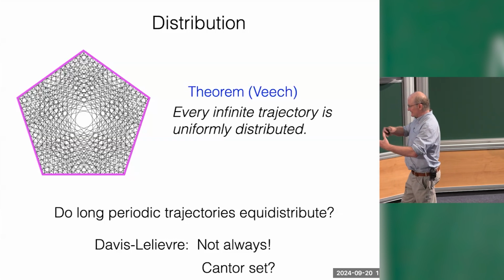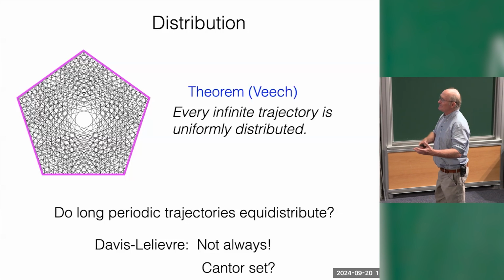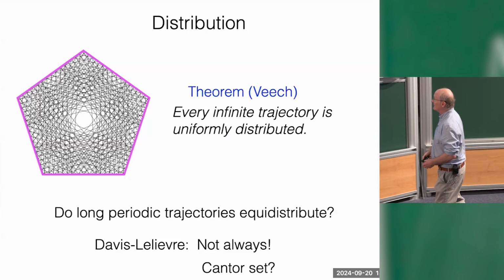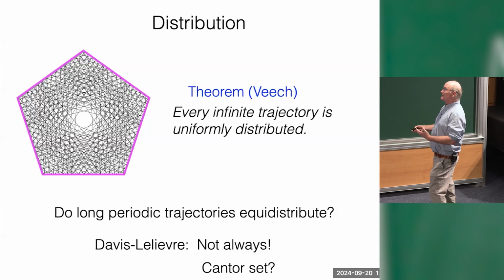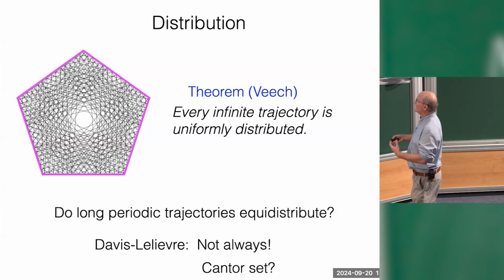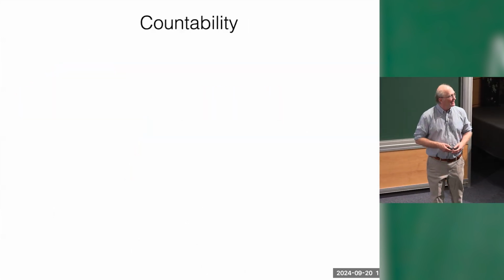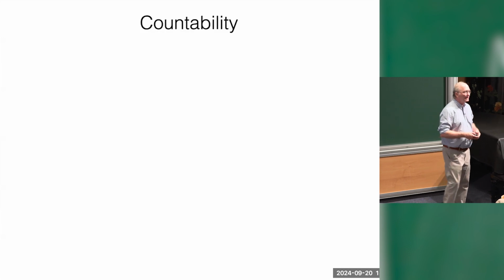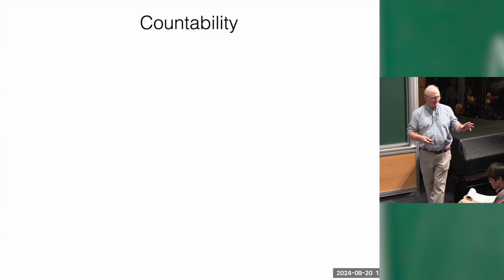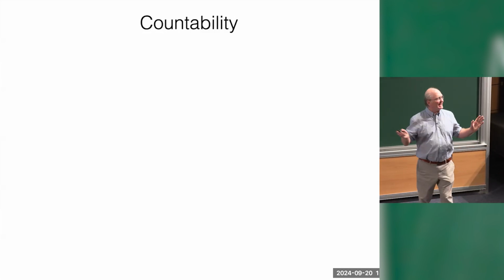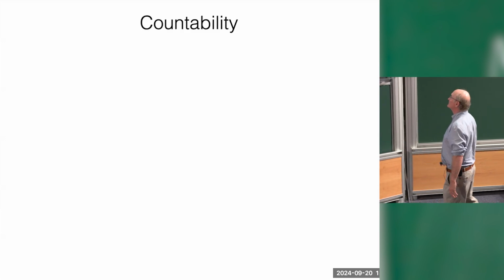And they wondered, is the set of measures you get by taking limits of these longer and longer trajectories maybe a Cantor set? They had a tree-like structure in their discussion, and it looked like there might be a sort of Cantor set of limit measures. And these measures describe the scarring of billiards on the billiard table in the language of physics. So measure is the time that the particle spends in a particular set. That's what equidistribution means: it's proportional to the area of the set. But you can just think dense. I mean, even the topological assertion is false for long periodic billiards.